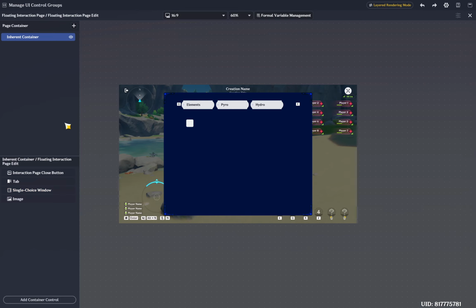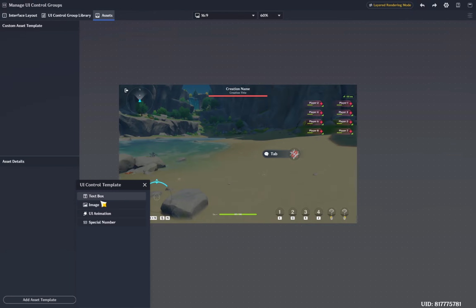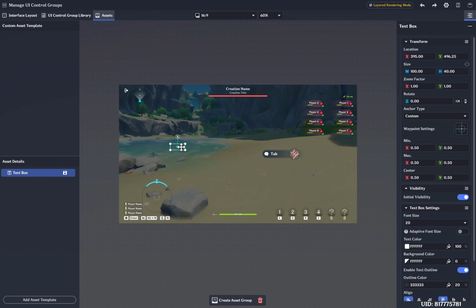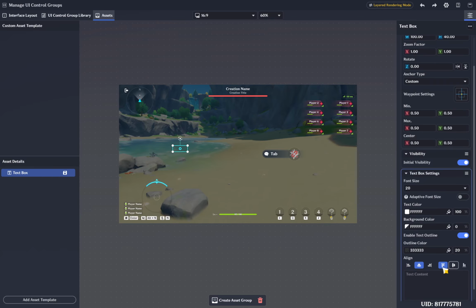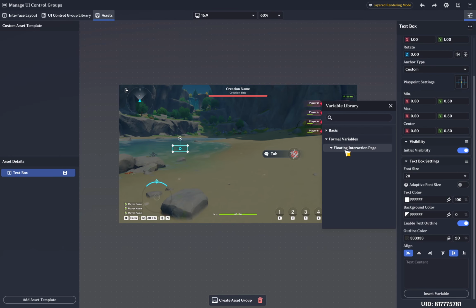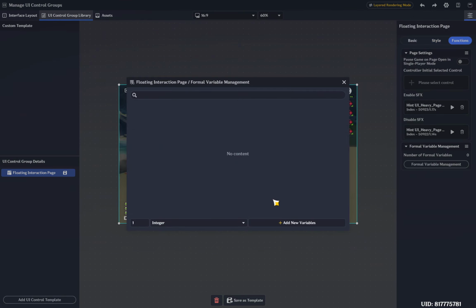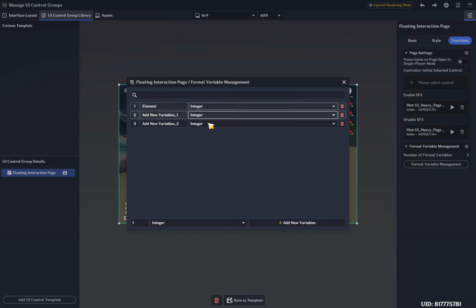Okay, so let's create some asset first. So I will be needing one text box. So here we need to insert that formal variable. So we need to create formal variables. If we go into the functions, we need three formal variables. One is for element, that will be a string,